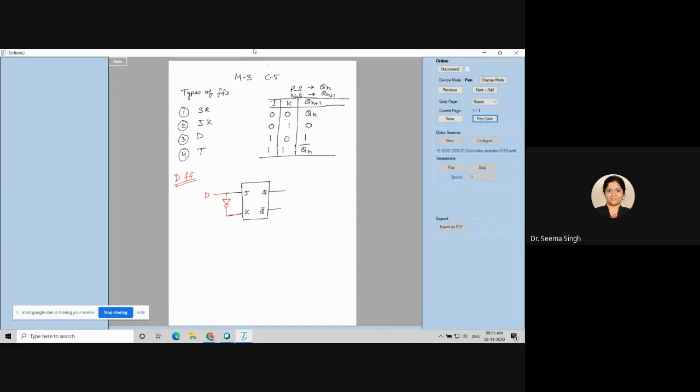So I am making a D flip-flop using a JK flip-flop now. When you see that only one input is there, then you know that one input D will come and one output Qn plus 1 will come. So if only one input is there, I will have 0 and 1, only two possibilities. Which part will come under this? Because this is internally JK flip-flop. Only which rows of this truth table will be taken care here?